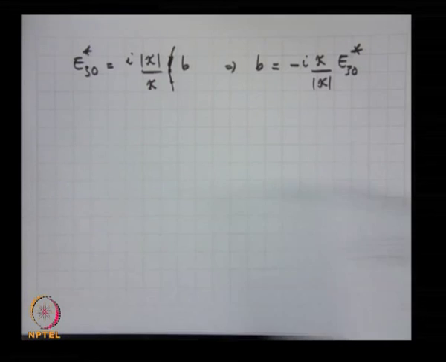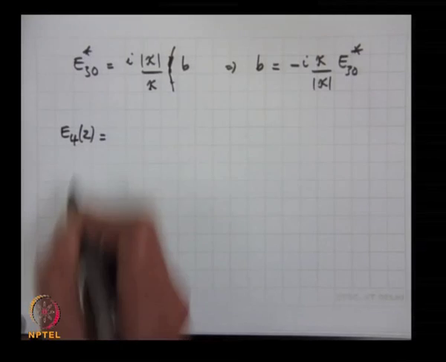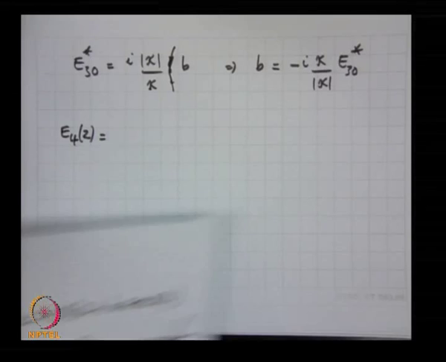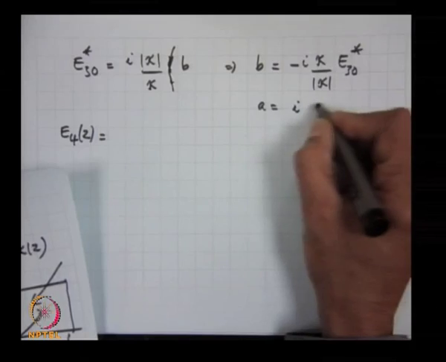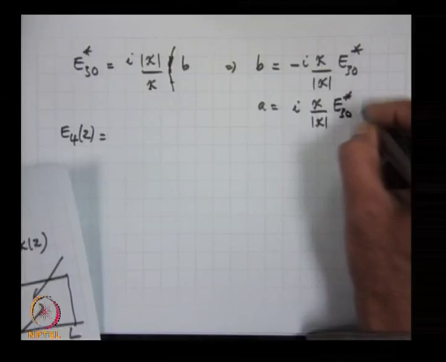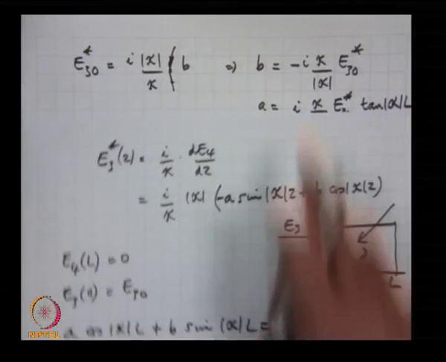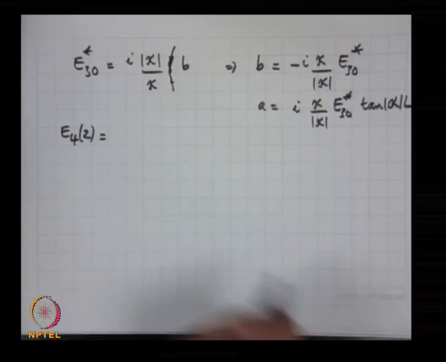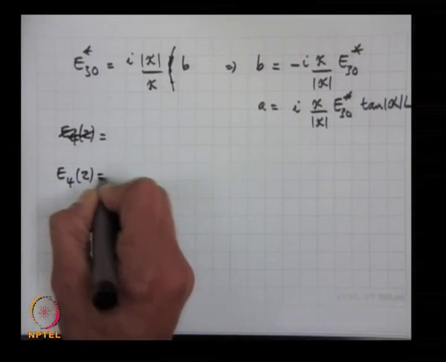So let me get the final solution for E4 of Z. E4 of Z is equal to, now A is minus B tan mod kappa L. So this implies A is equal to i kappa by mod kappa E3 0 star tan mod kappa L. I have substituted the value of B in this equation to get the value of A in terms of E3 0 star. So let me write E4 of Z is equal to